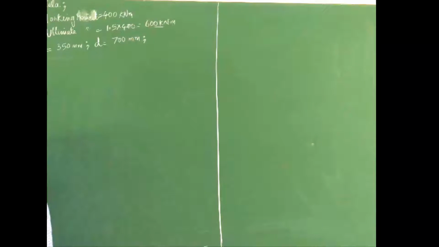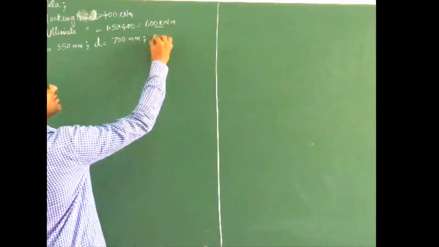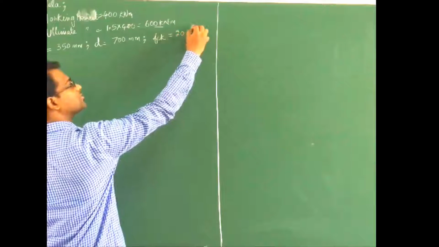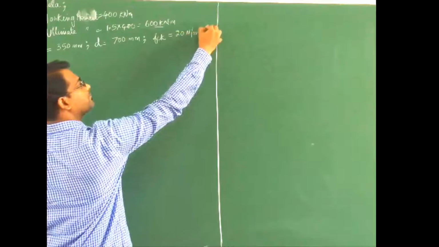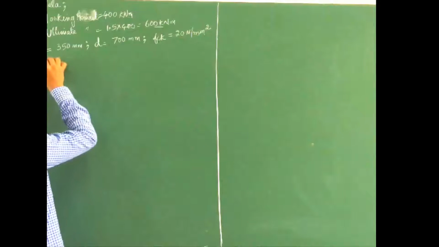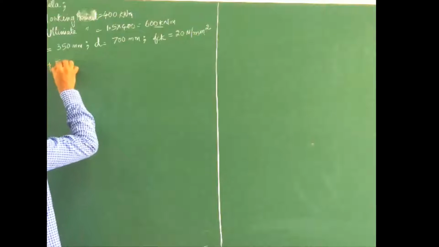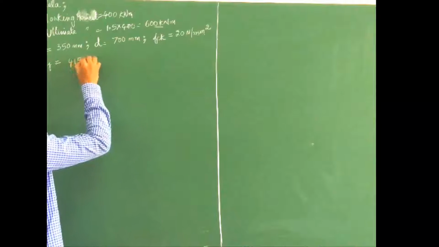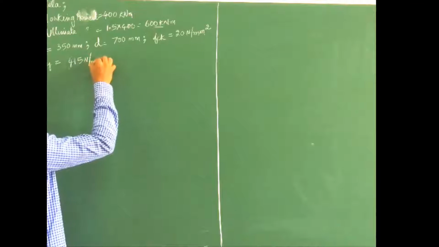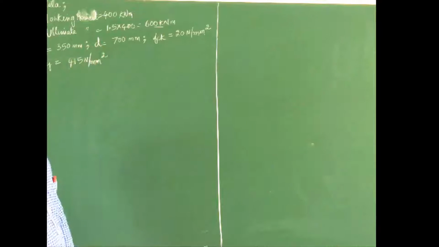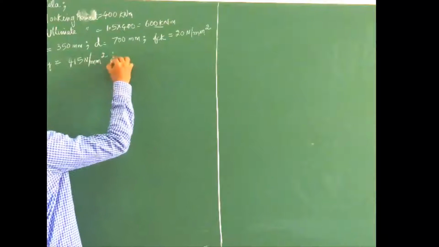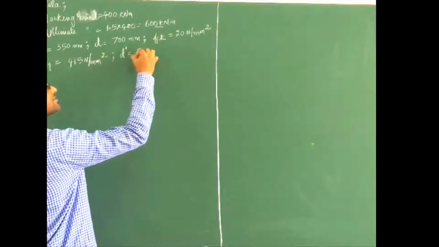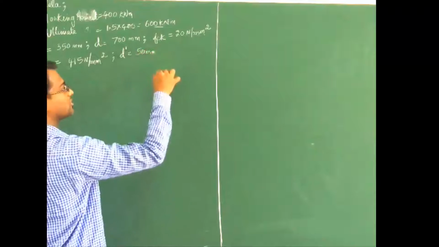For M20 grade concrete, characteristic compressive strength is 20 Newton per mm square. For Fe415 steel, characteristic strength of steel is 415 Newton per mm square. This is the data given to you, and also given, assume D dash, the effective cover of top reinforcement, as 50 mm. If we draw the diagram,